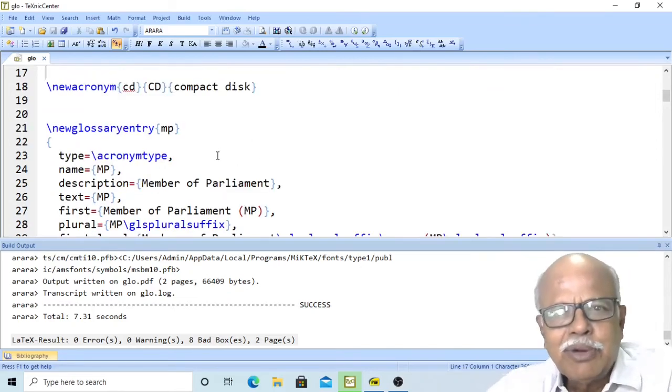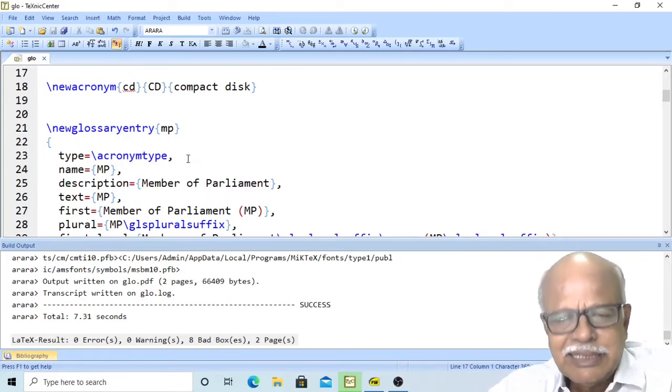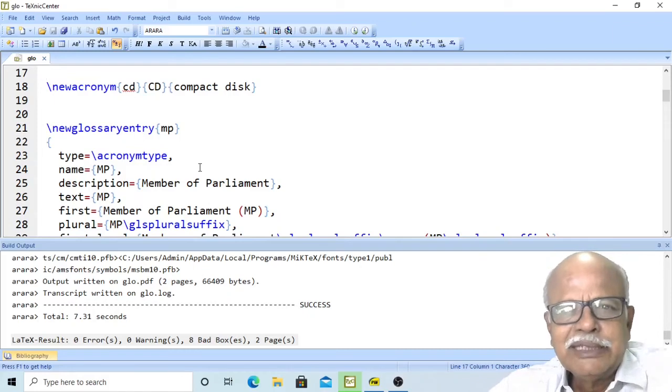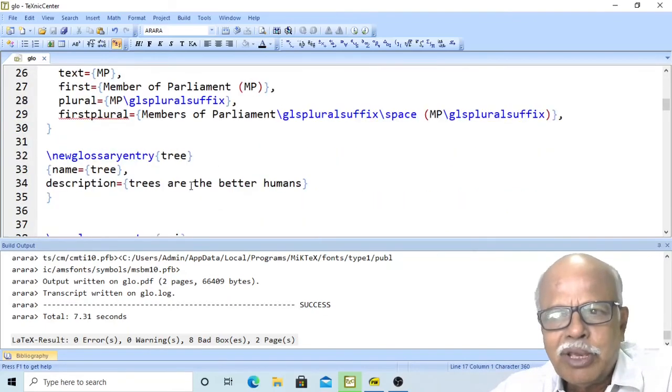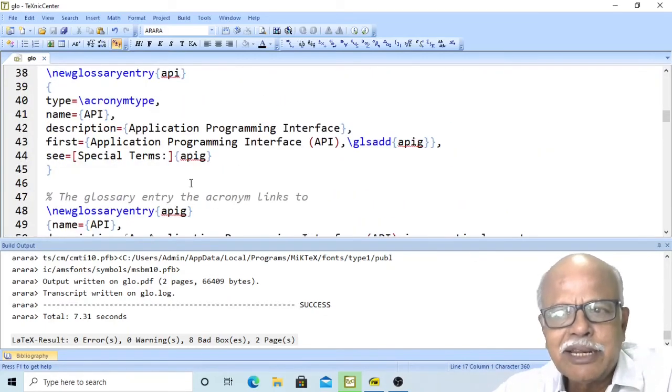If you refer to the documentation of the glossaries, it runs to so many pages, so the author himself has provided an abridged version of the documentation. And I don't want to give all the explanations here.